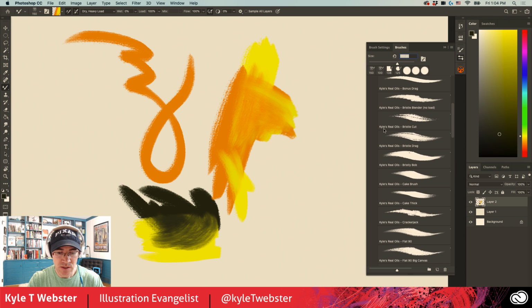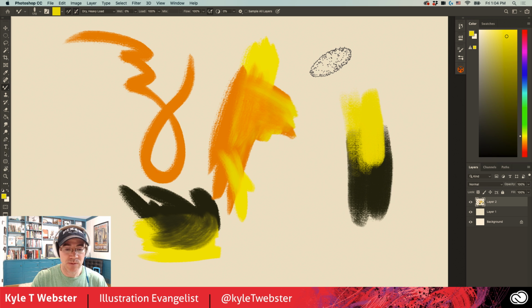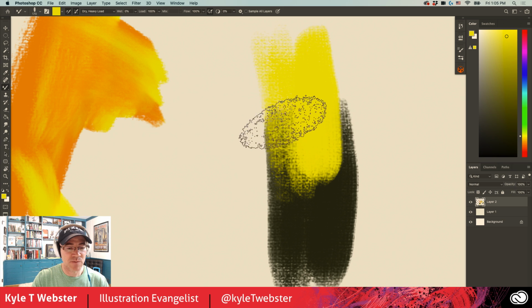All right, now, put some color down. No big whoop. When I paint over it, you'll notice it's not mixing at all. The cake brush by default does not have any mixing because if you notice, the mixing value is set to 0, and the wetness value is also set to 0. But here's the interesting thing. I'm going to zoom in for a moment. Here is an area that has some yellow,